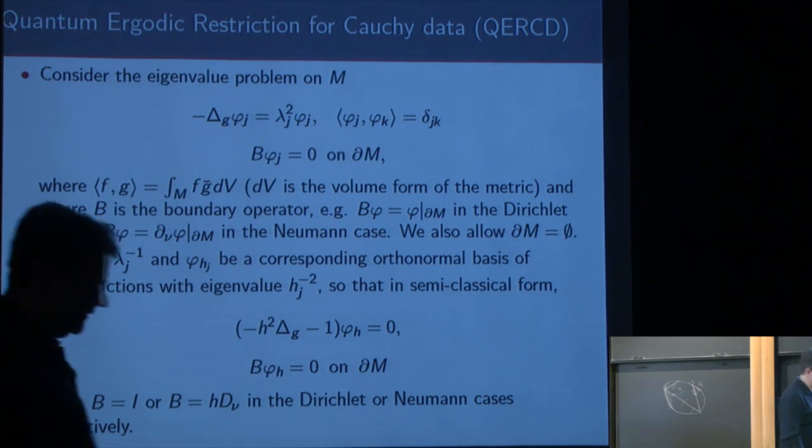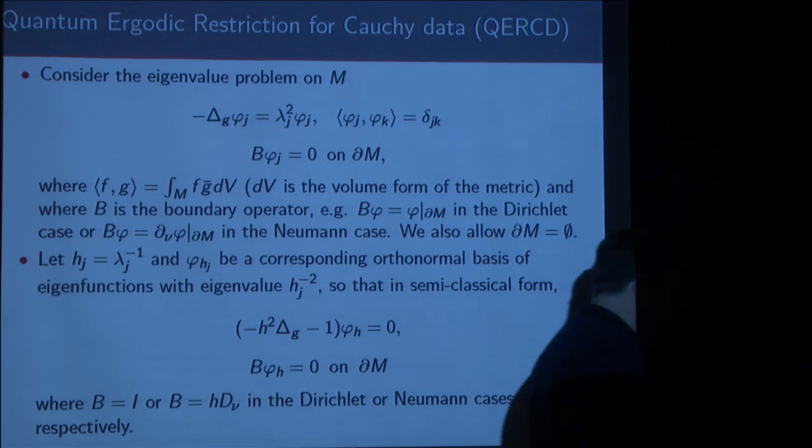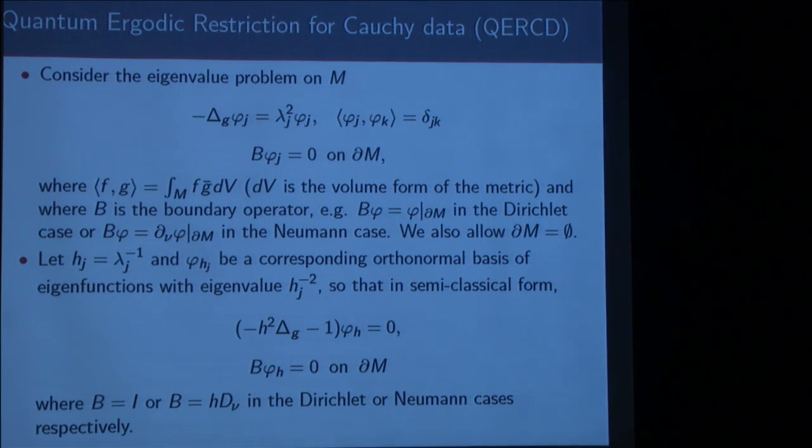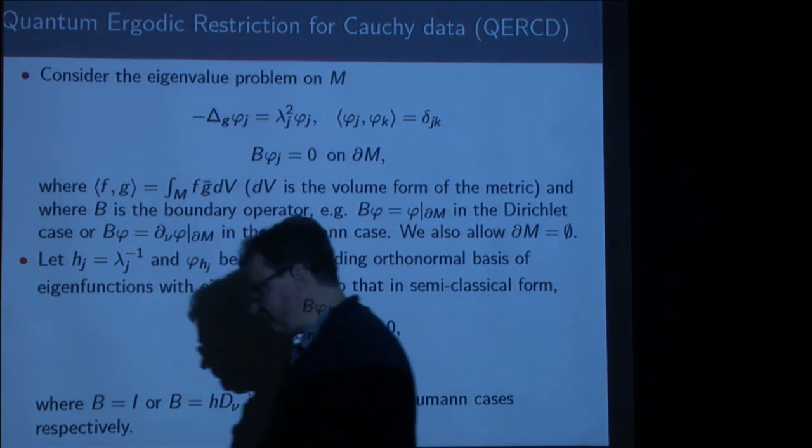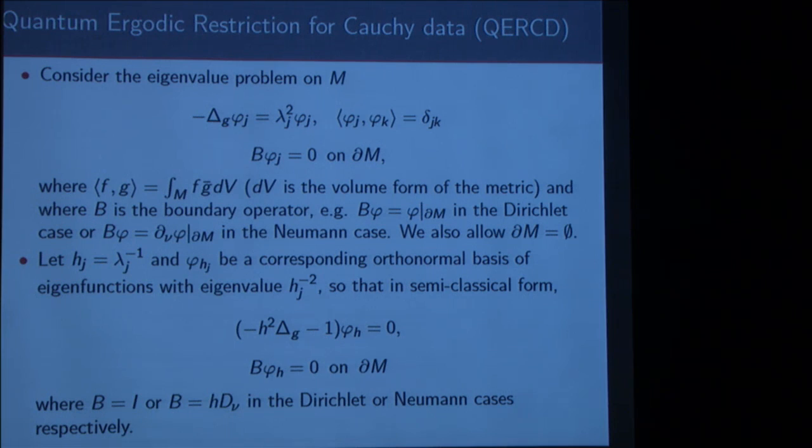So one way to link these problems, to link the problem of equidistribution on the ambient manifold and equidistribution along the hypersurface, is to consider a slightly different setup. So again, I consider some sort of eigenfunction problem, and so we have